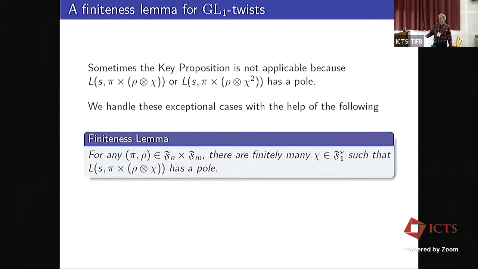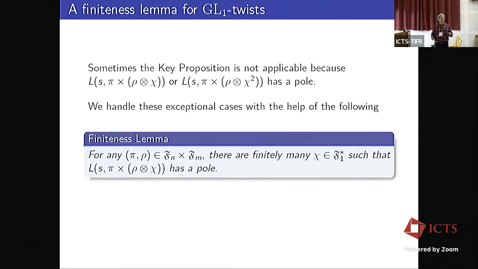If you want to prove this finiteness lemma, then without loss of generality, you can assume that pi and rho are already shift normalized, so that they lie in F_n star and F_m star respectively. And then because we are only looking at chi in the star family, so no determinant twist business, this guy has a pole if and only if pi and the twisted version of rho are duals of each other. But that means that chi, which lies in